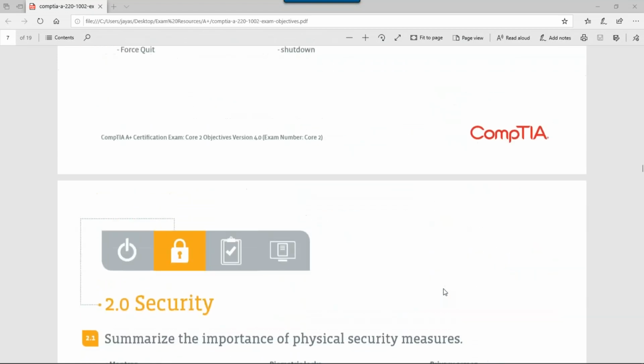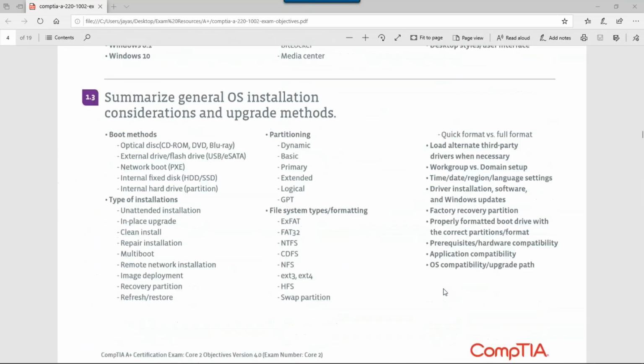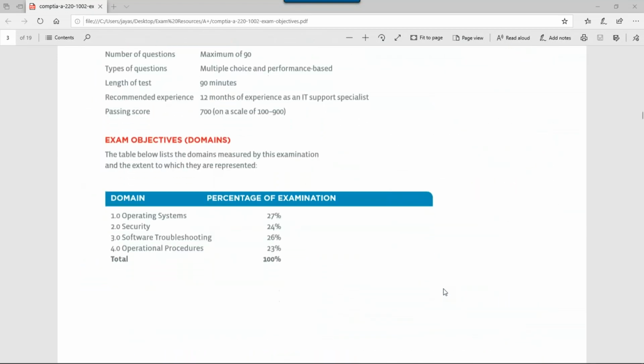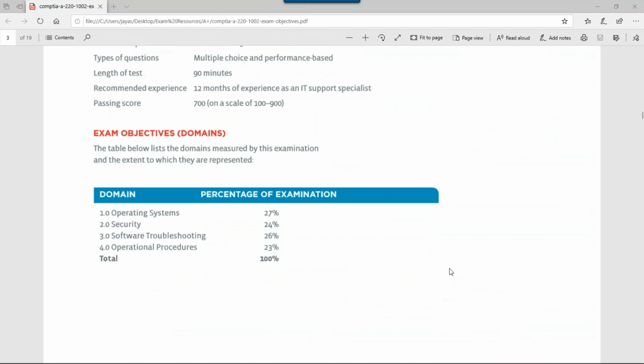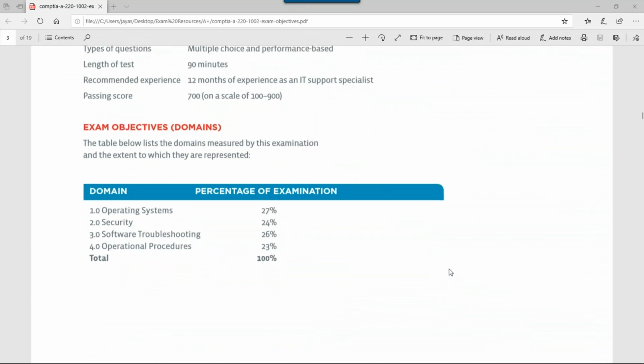The 1001 is going to be more hardware based, right? It's going to be about your hardware, like the physical stuff on the computer: your motherboard, your processor, your connectors, your RAM, your cabling. Just the physical aspect of the PC is the focus on the first exam, and the second exam is operating systems, right?